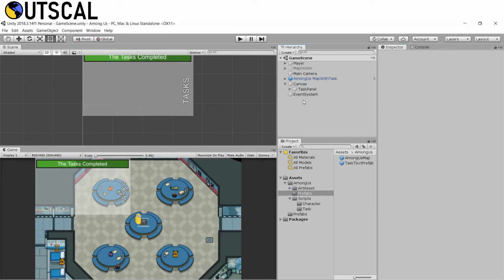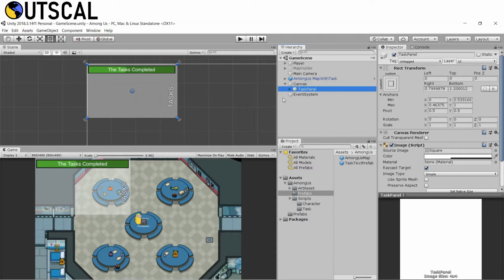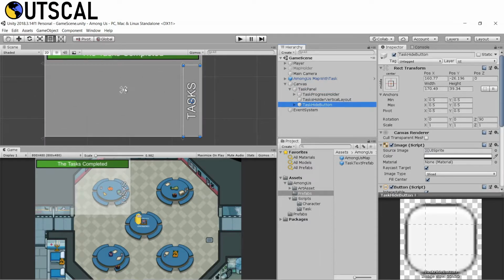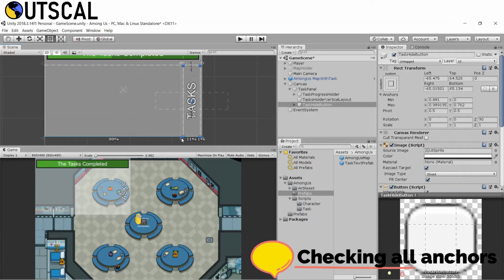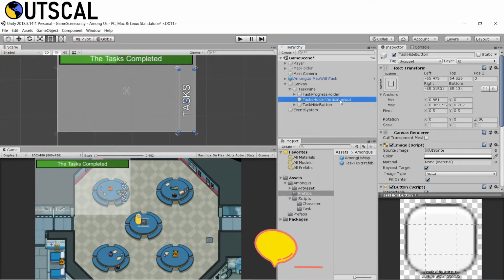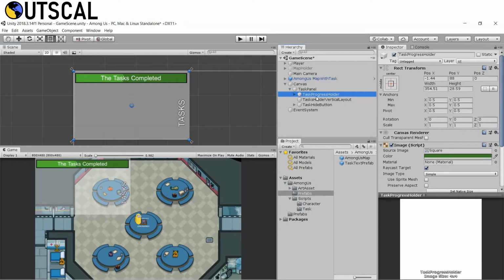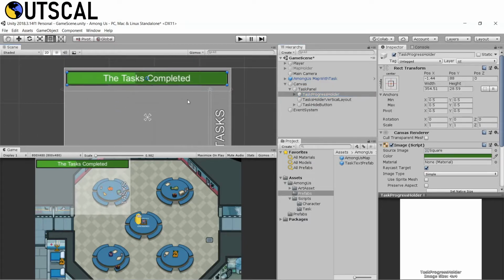Now let me just see. Okay, first of all we need to set our anchors, so just drag our anchors like this to the edges of our button. Okay, let me see if all of the anchors are correct. So this one is correct, this one is correct, this one is correct, then this one is correct. Okay, here we have some issue.